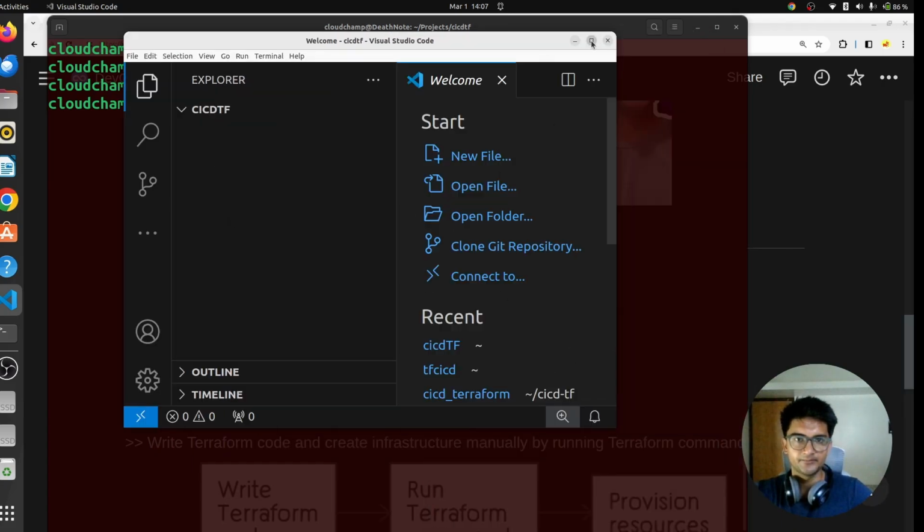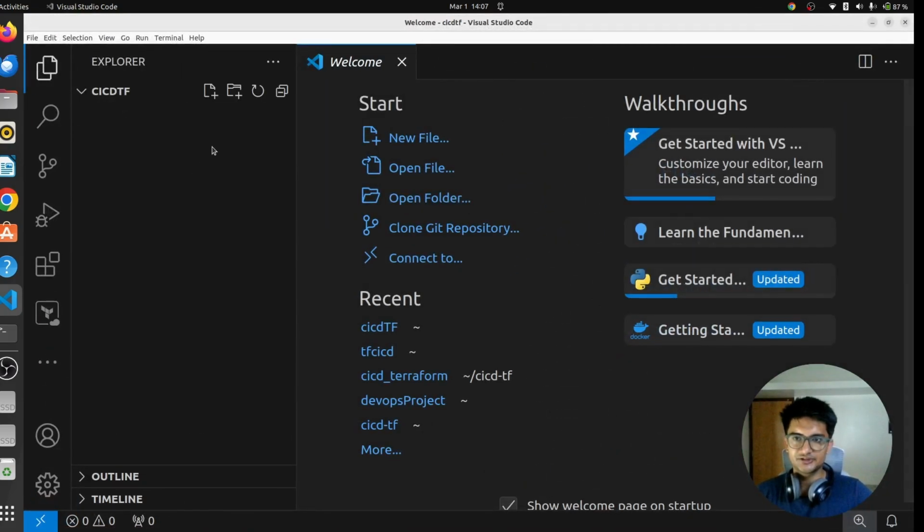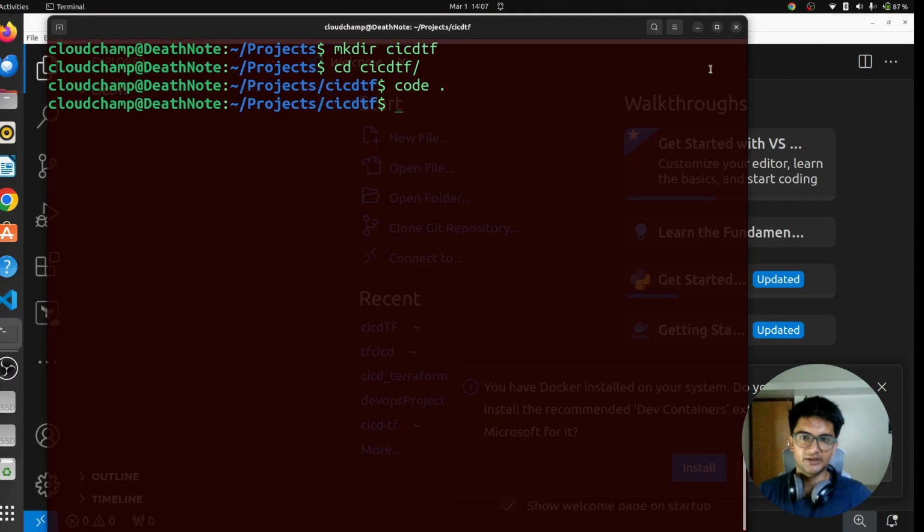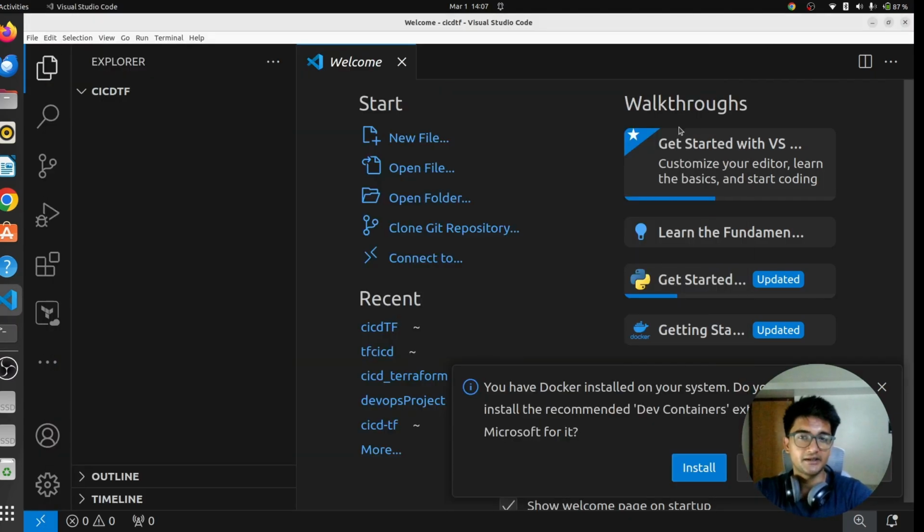Let me pull it up here. This is how it should be. Inside this, I'm going to start writing my Terraform code. Now, if you're new to Terraform, you will have to go through the video that I told you. But whenever we start writing code in Terraform to create infrastructure on AWS, Azure, anywhere, we start with defining a